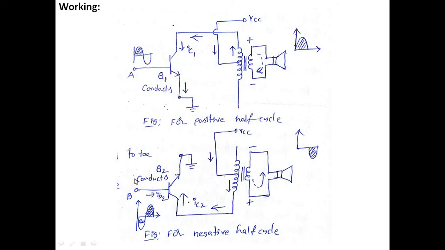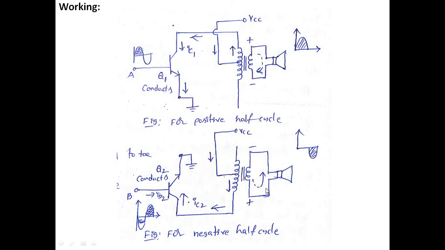And for the negative half cycle, point A becomes negative and point B becomes positive. Q1 is off and Q2 is on. In this scenario, the lower half of the transformer comes into picture, and we are not using the upper half. The current flows from VCC through the lower portion of the transformer primary, and through the collector. This is the direction of the current. It allows only the negative half cycle, and we are not bothering about the positive. Now this is producing a current in the secondary with plus and minus like this. This is the current direction.